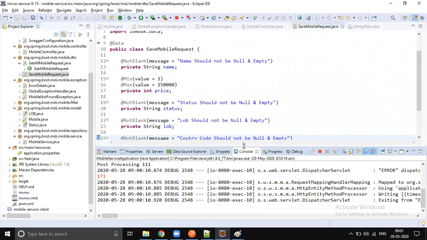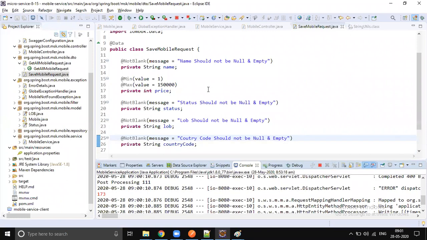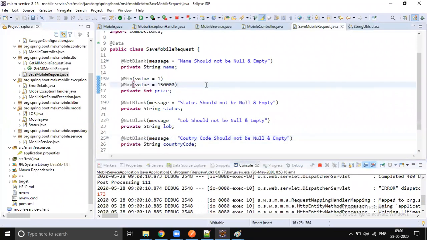So now what should we do? Next step, instead of hard coding the error messages in your Pojo class, it's better to maintain them separately, right? So let's not hard code it here. It's not a good practice.